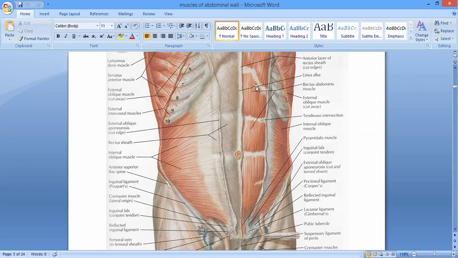Which ones? This one is the rectus abdominis, and this smallest one over here is called the pyramidalis muscle. Sometimes it is a rudimentary muscle, or sometimes it is absent, right? So we have the 5 bilaterally paired muscles in the anterolateral abdominal wall. No problem?